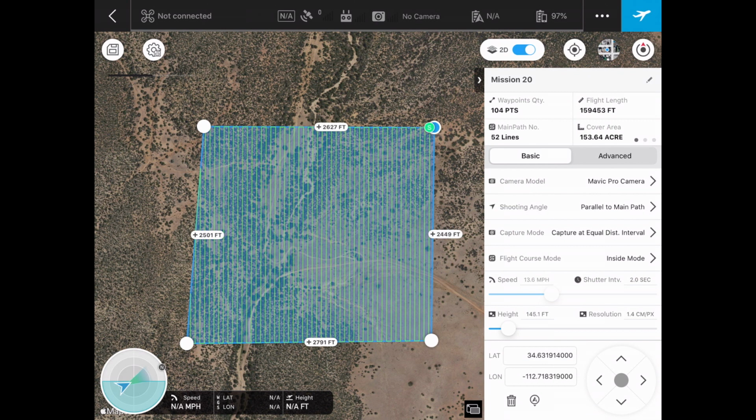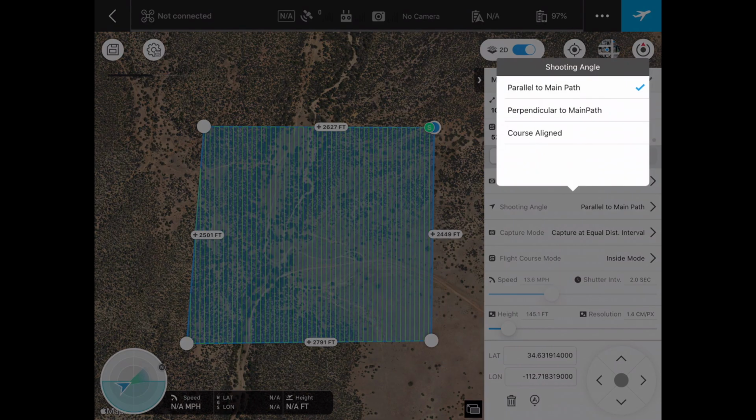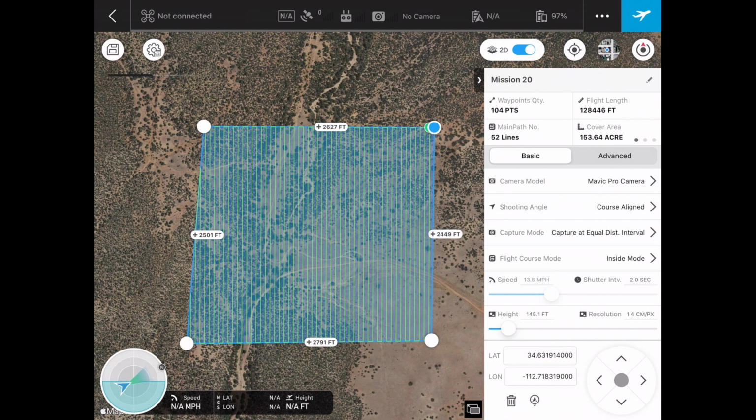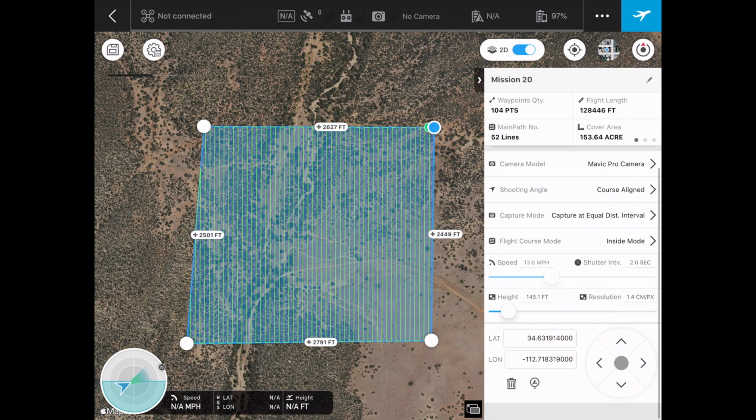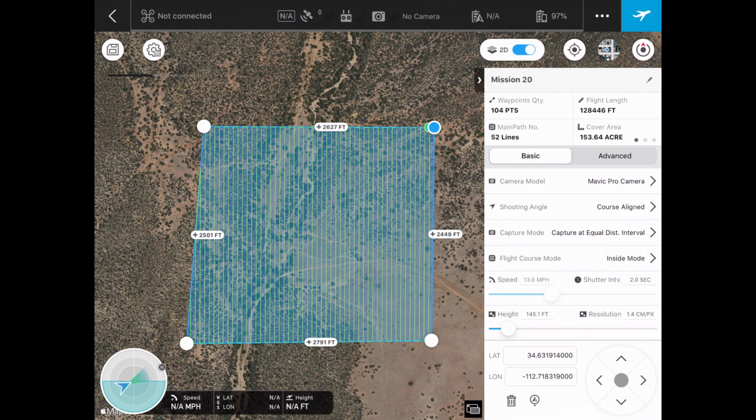So if we were trying to do an orthomosaic model or a 3D model, we would start playing around with the rest of the features over here, like a camera model, Mavic Pro, or is it the Mavic 2 Pro, parallel to the main path or course aligned, inside mode, and then our speed and our elevation. We can go through and start setting these things up. But I'm showing you this, you might not ever have to go through this process, but I'm showing you this because this was part of my planning steps due to where that